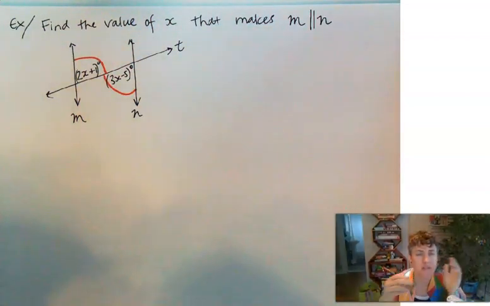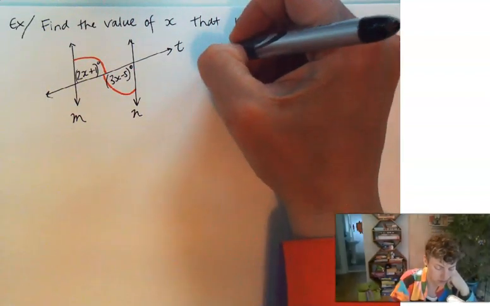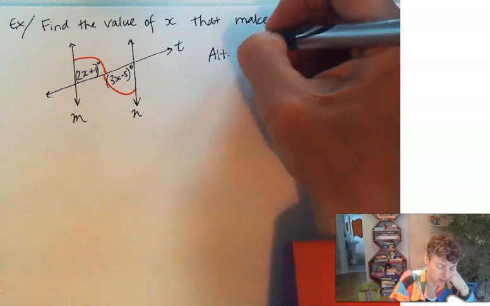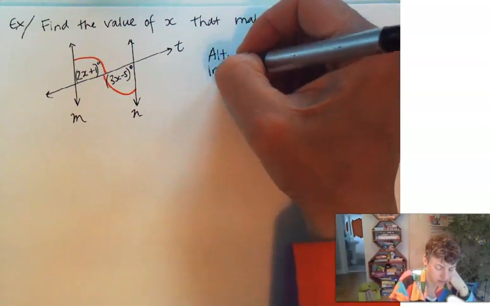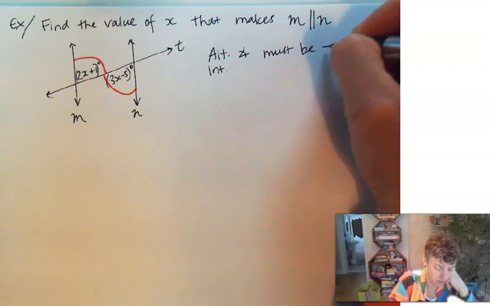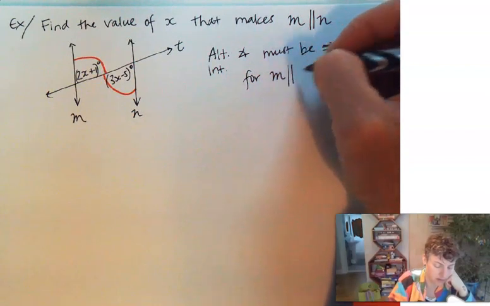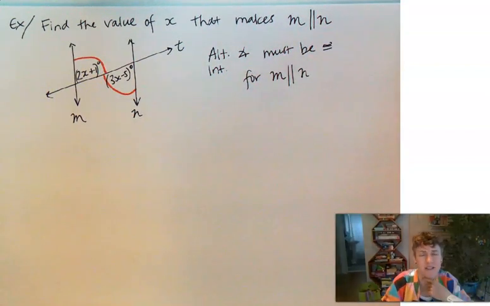And congruent means they have the same measure. So, write down what we said. Alternate interior angles must be congruent for those lines to be parallel. So let's set them equal to each other